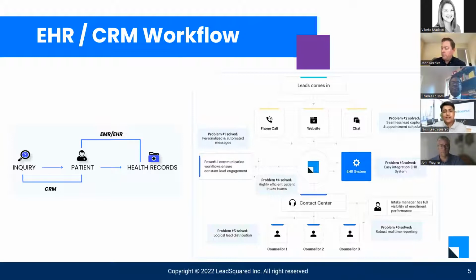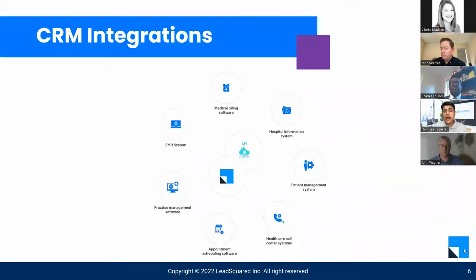If you look at the next slide, you'll see how a CRM can be well integrated with different platforms, different solutions to bring about that end-to-end single experience. You will be able to integrate it with your EHR, EMR platforms. You can integrate with billing systems. You can integrate it with marketing tools and practice management software, a patient management system, right? There is so much that you can do, which is everything that's operational, marketing, or non-clinical that can be taken